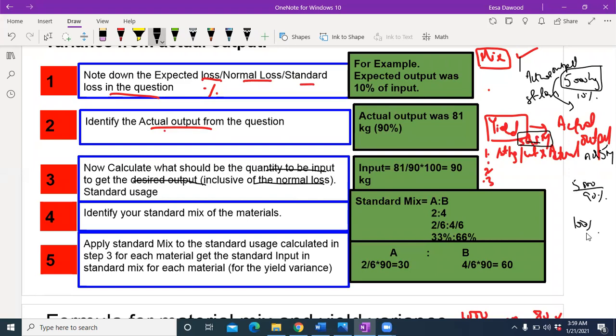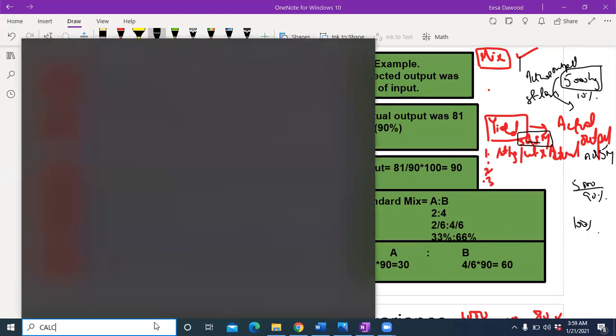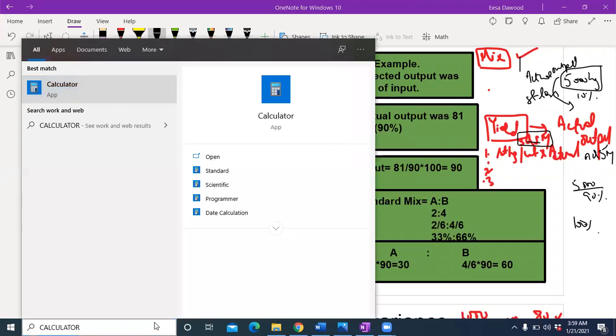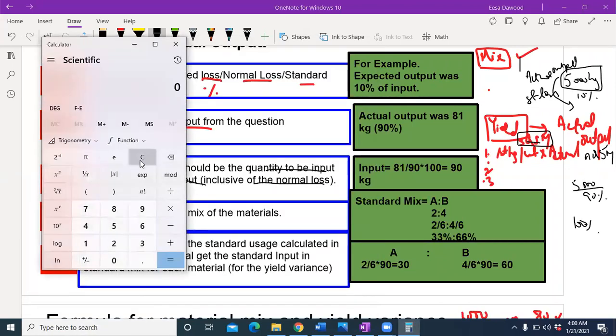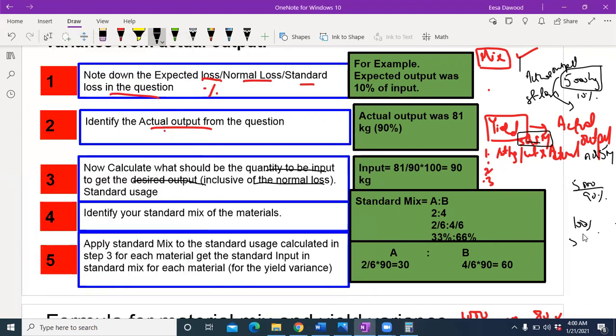I need to gross it up because I know 5,000 is 90%. Let me open up the calculator. Normal loss is always embedded in the budget, because that's the standard quantity input required for the actual output of 5,000. So the input quantity becomes 5,555 kgs.